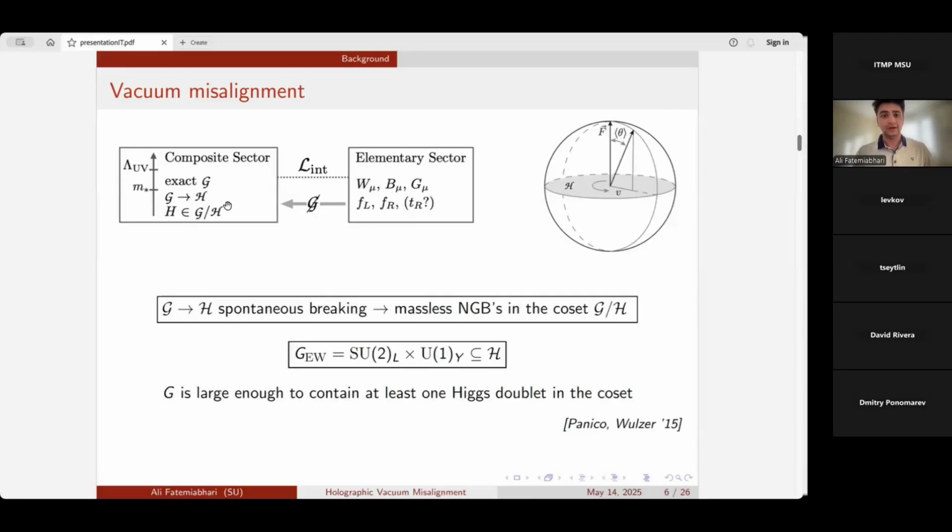Just for completeness, what you said about fermions and bosons, one resolution of this problem is actually supersymmetry, right? Yes, exactly. That's another approach. This one is without supersymmetry. The composite Higgs model is without.